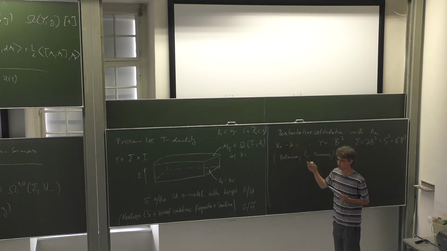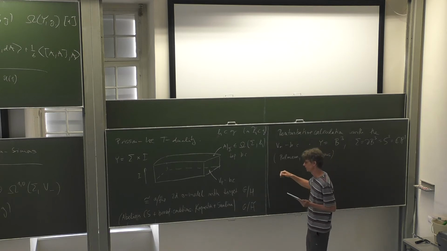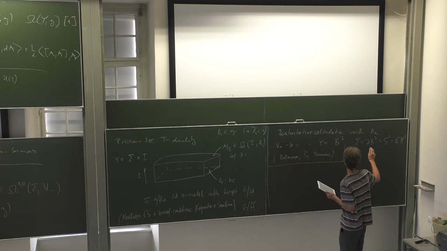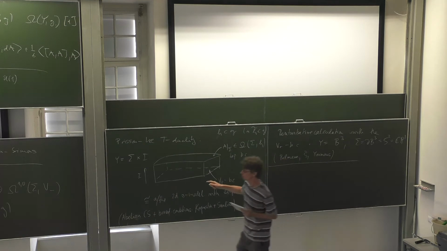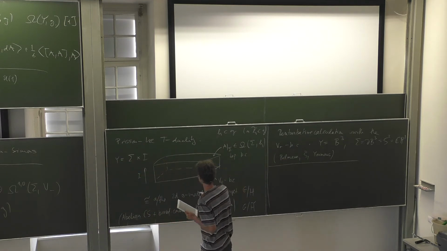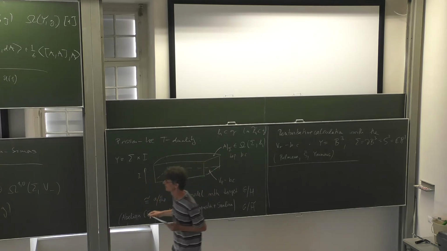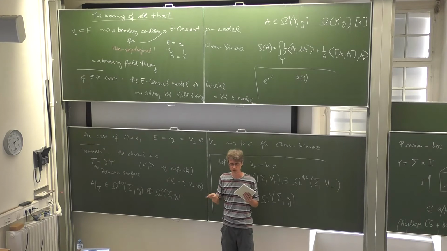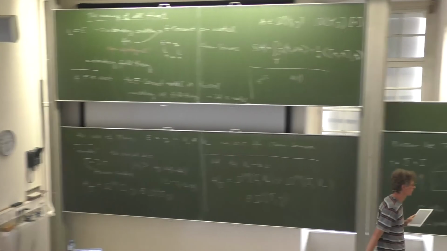So what we actually need to do the perturbative calculation, we need a propagator. That's the first thing. And the propagator should somehow depend on G, and on V plus and V minus. But these things enter the propagator only in a super mild way. So the propagator actually doesn't care about any Lie algebra, really. So we can start with the case